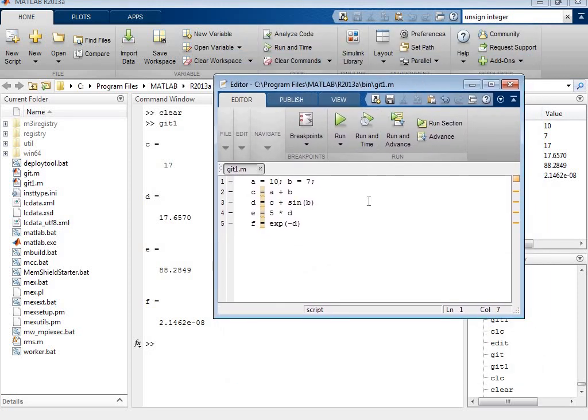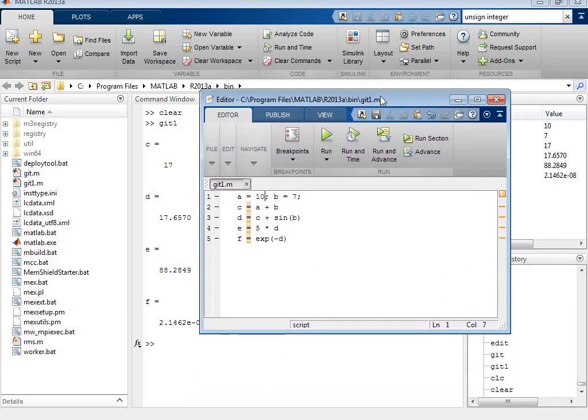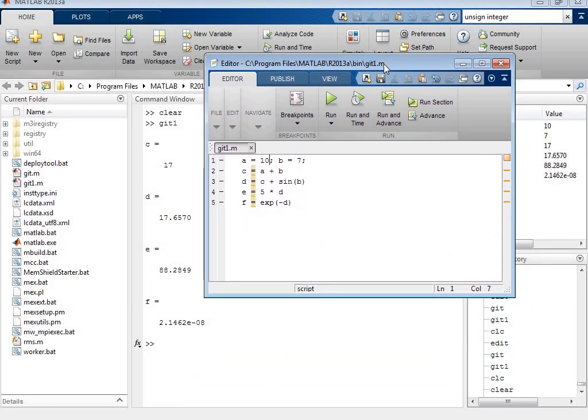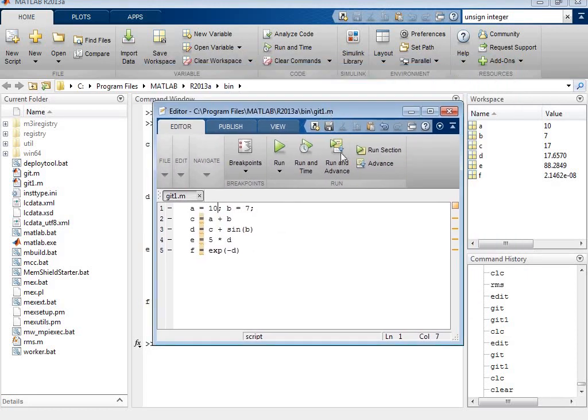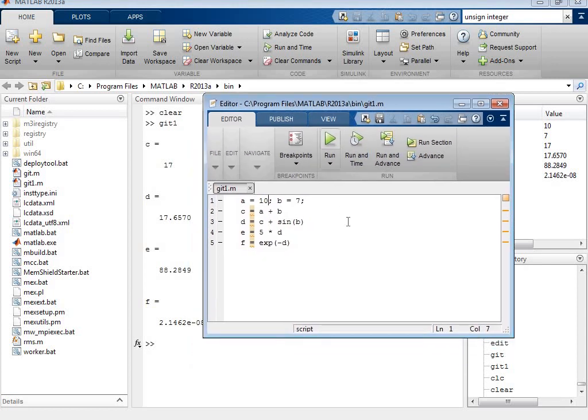You can save it, and every time you call it by name and execute it in the command window, it will give you the answer. Or you can use this file in any function, which I will teach you in another lecture. So this is a very simple use of a script file and creating a .m file in MATLAB.